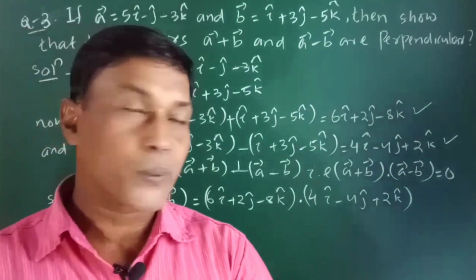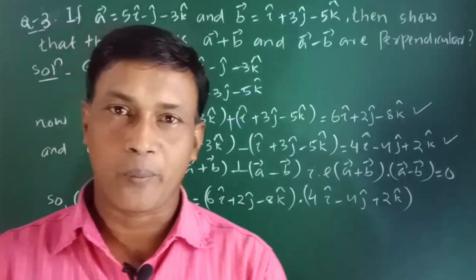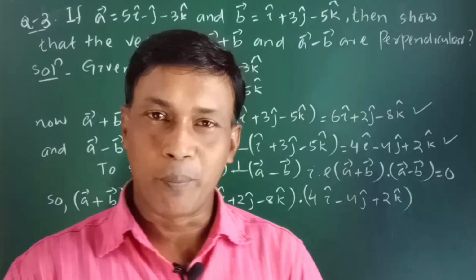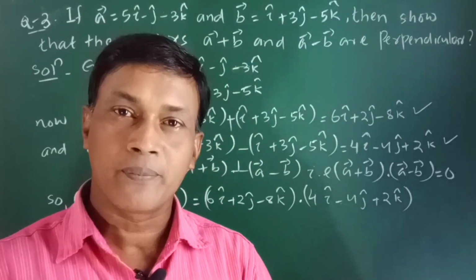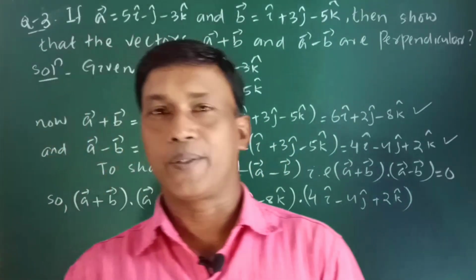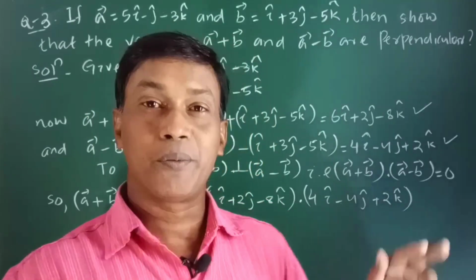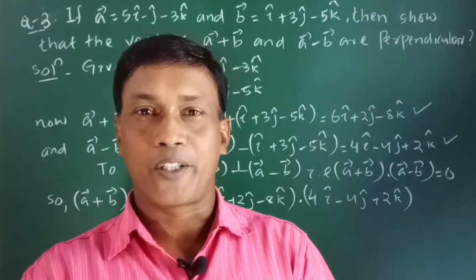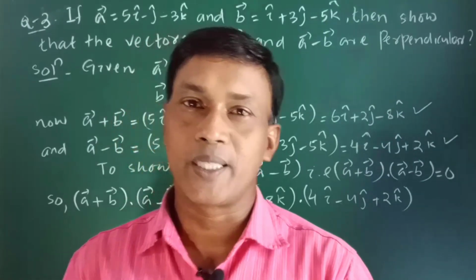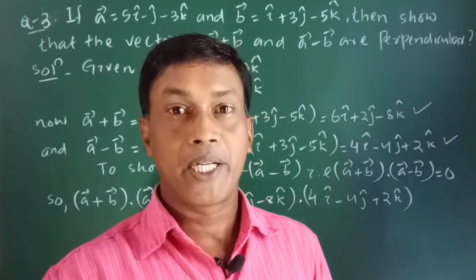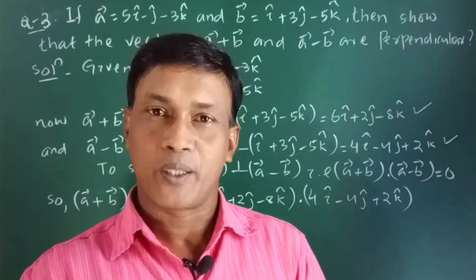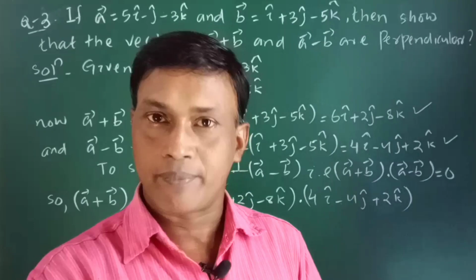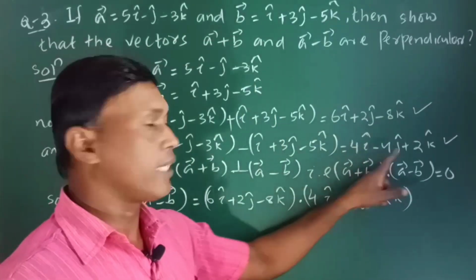But our aim is to show these two vectors are perpendicular. The condition of perpendicularity is that two vectors will be perpendicular if their dot product is 0. In order to show the two vectors are perpendicular, it is sufficient to show the dot product of the two vectors is 0. अगर two vectors perpendicular शो करना है तो हमको शो करना पड़ेगा कि ये two vectors का dot product 0 है.